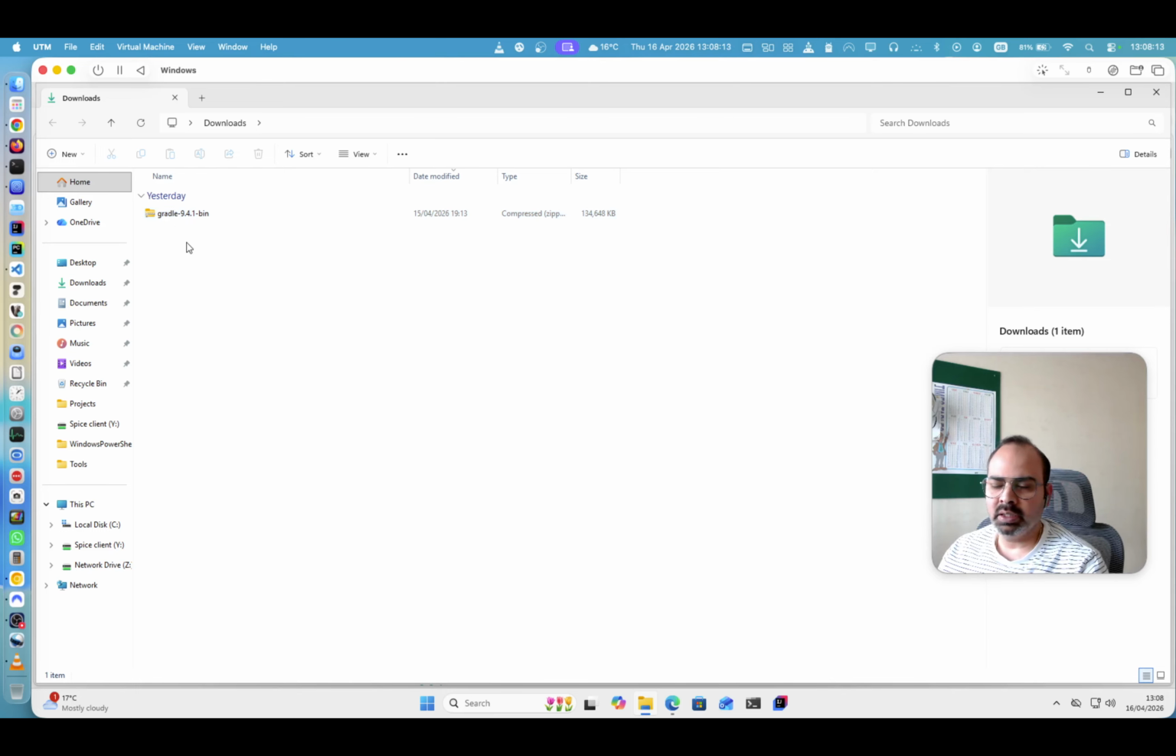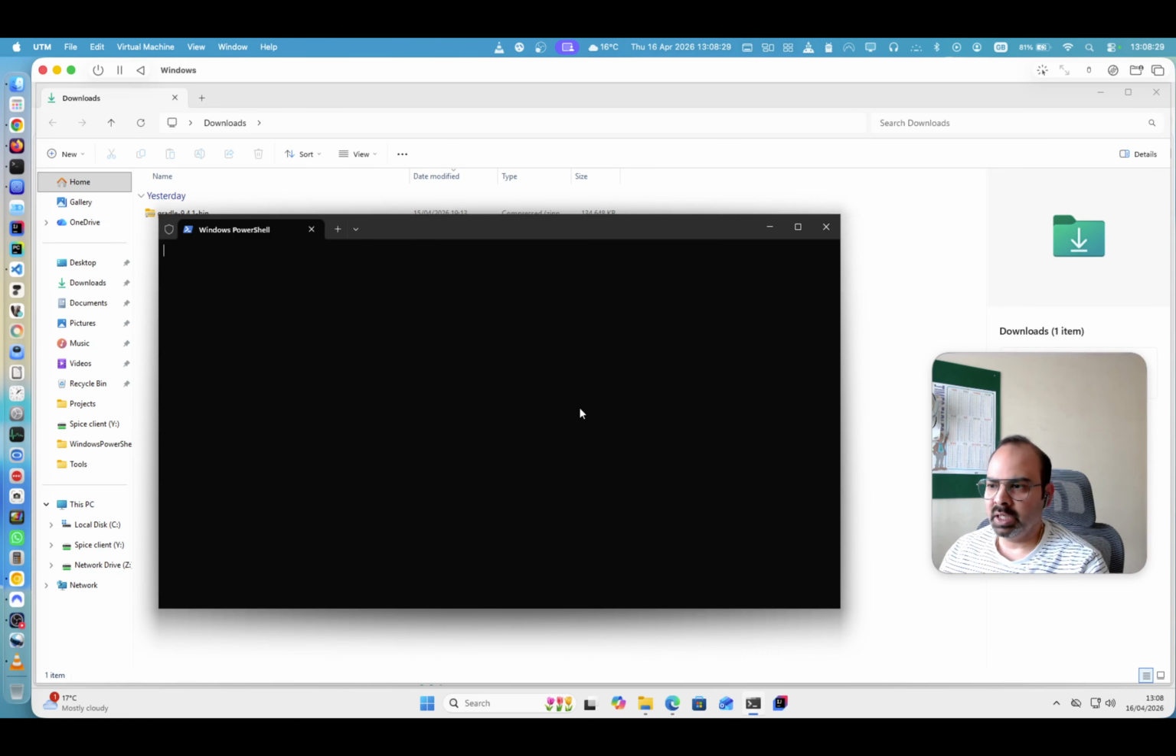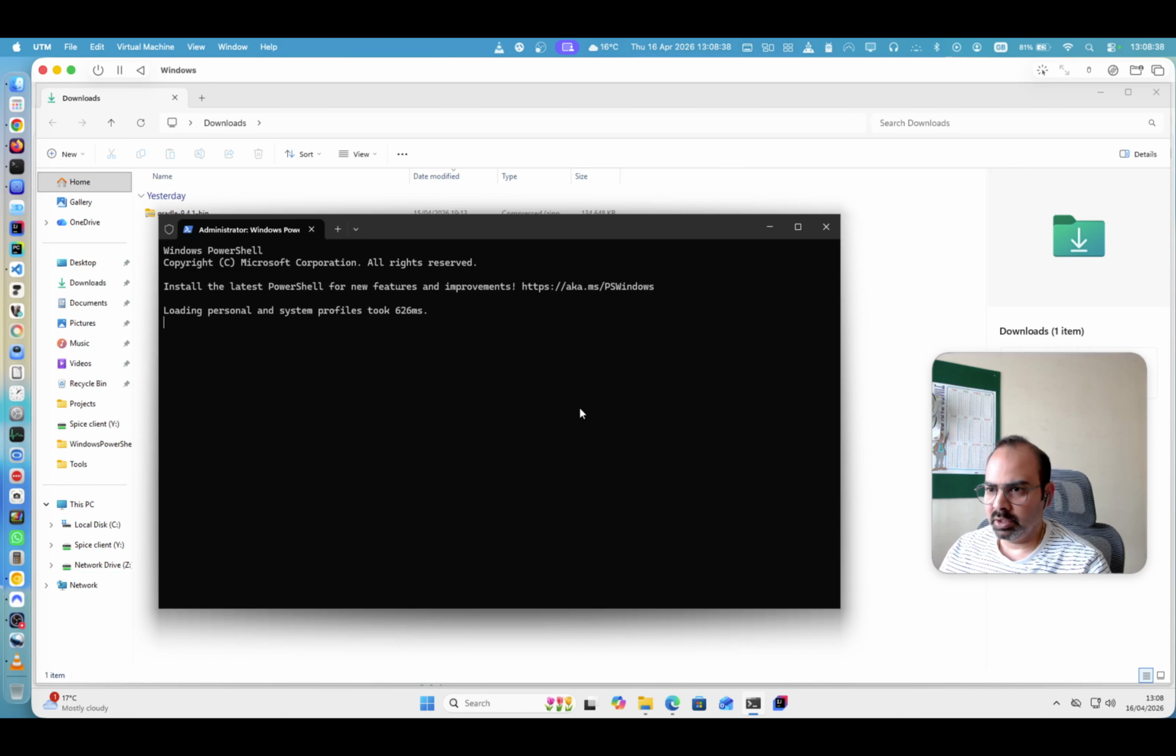So before we begin the installation, we have to verify if Java is installed and set up correctly. So in order to verify Java, open the PowerShell and verify if Java is installed by typing java space dash version. So let me try that, java dash version. So I have got OpenJDK 25, which is fine, and also for some of the plugins that run through Gradle,